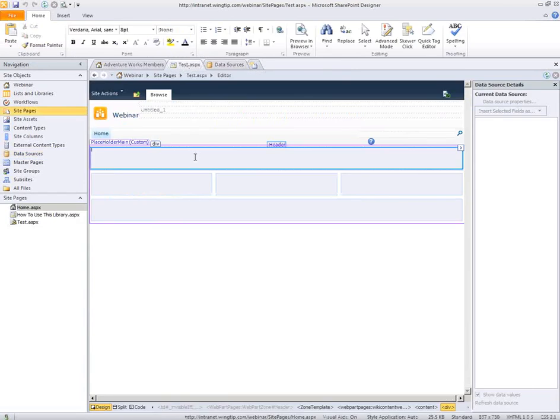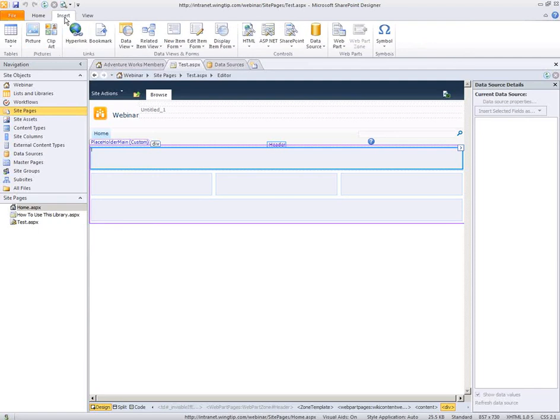In the tab, I'm going to click on one of the zones. I'll just click on the top zone here. And I need to insert that data coming from the contact table. So insertion in this case would be going to the Insert tab in the ribbon. It's all context sensitive. The ribbon is context sensitive, so it shows me all the stuff that I can do